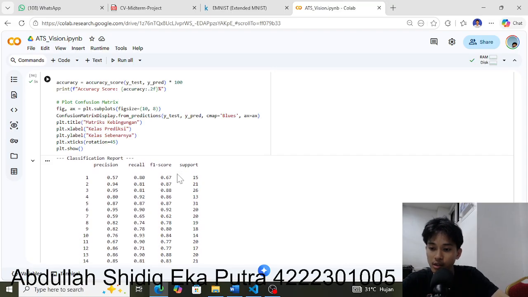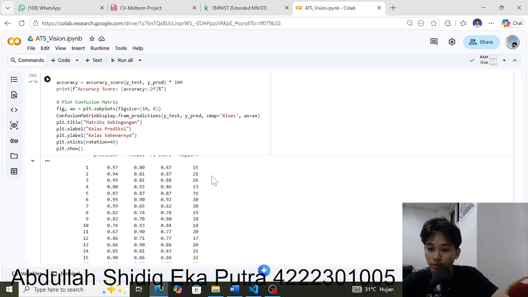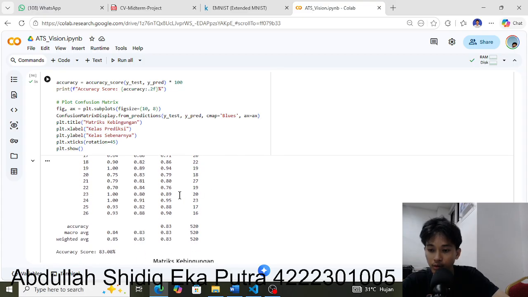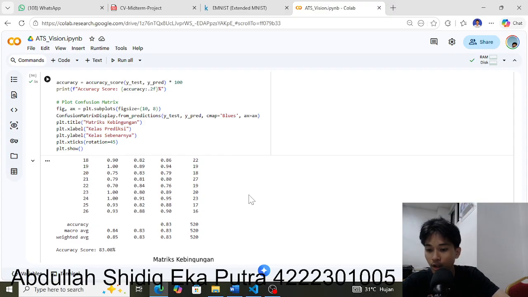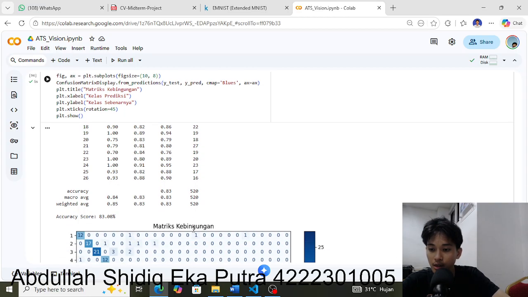For the F1 score, we got from the lowest 0.62, and we got the best F1 score of 0.65, and for the accuracy we got 0.80, the macro average we got 0.83, and the weighted average we got 0.832.